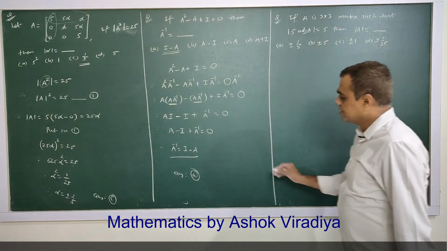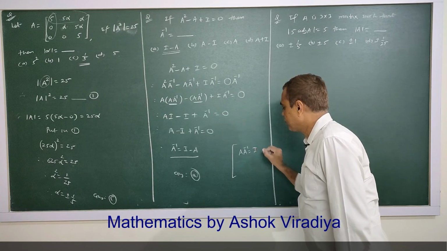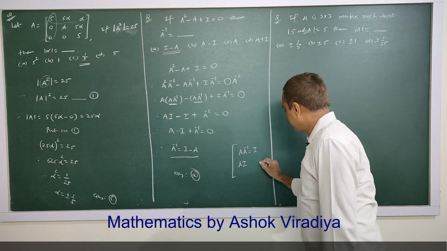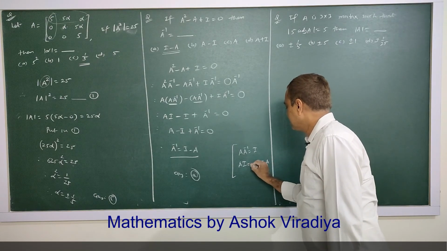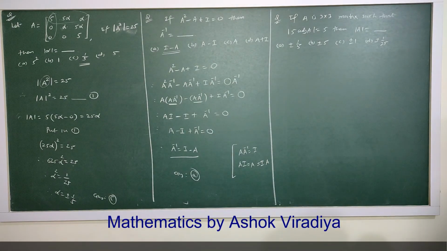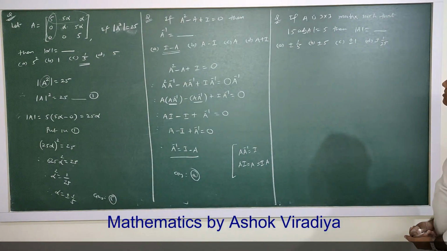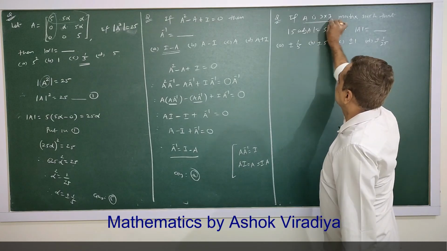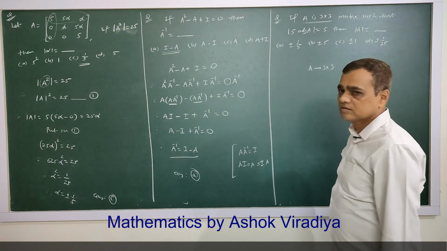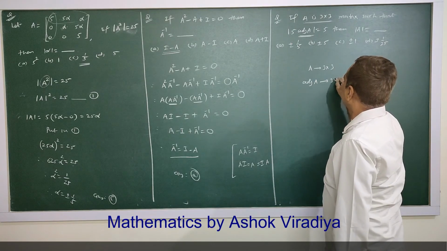In this method generally we use these two properties. Multiplying any matrix with its inverse, we put the identity matrix. Multiplying any matrix with I, either from the left side or from the right side, we put A. So these properties are used in such problems. Now here, A is a 3 by 3 matrix. Adjoint of A will also be 3 by 3.